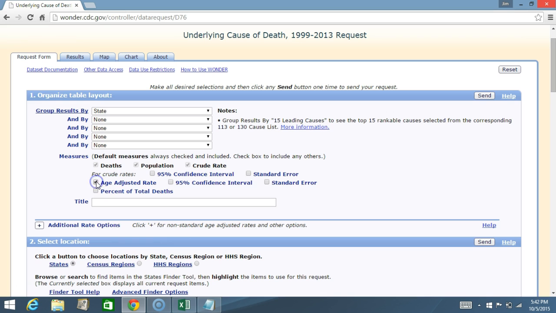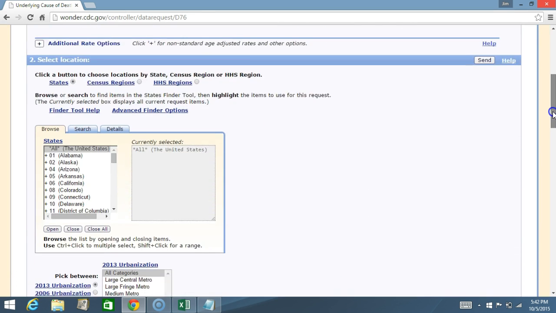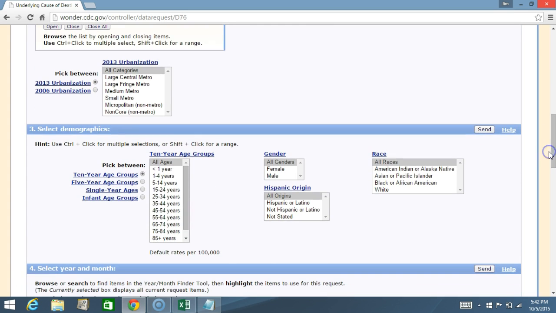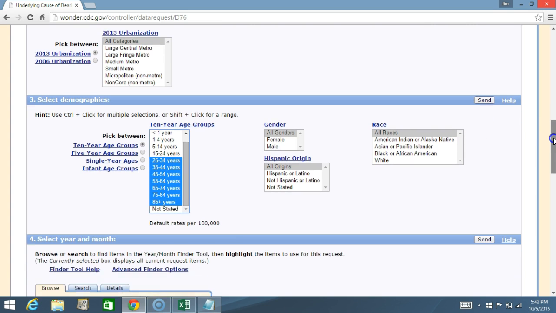I want to get age-adjusted rates. All states, and let's just stick with adults over 25 for this particular set of mortality data,